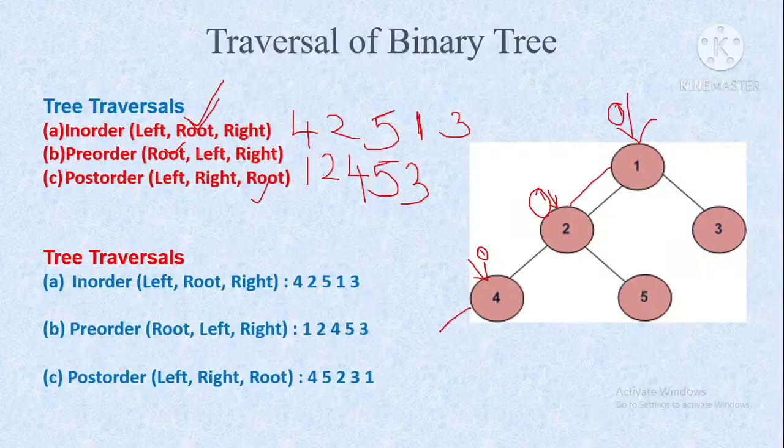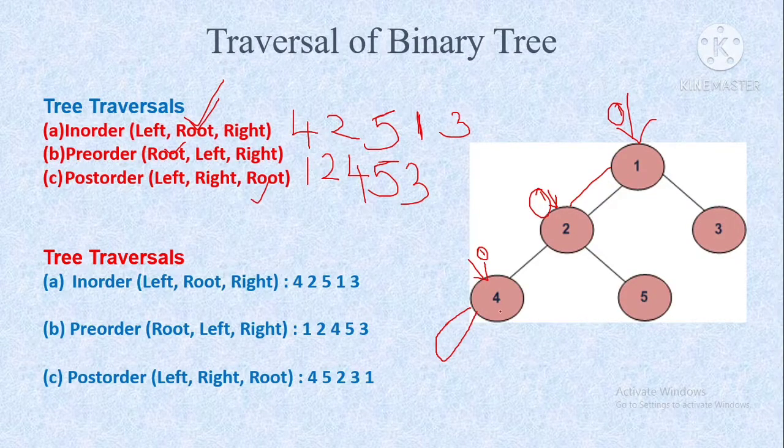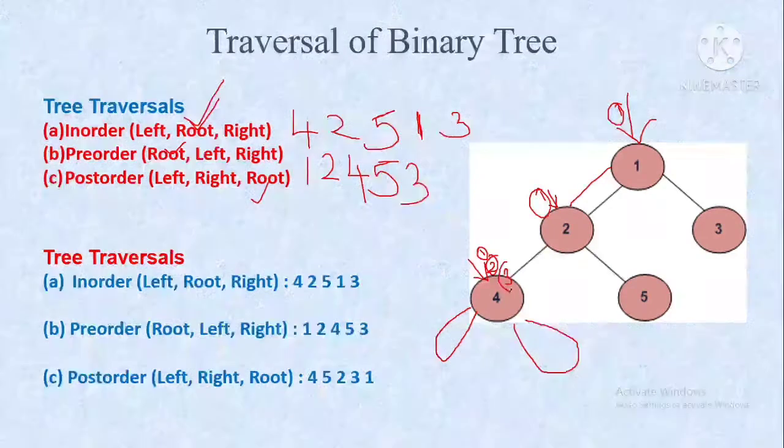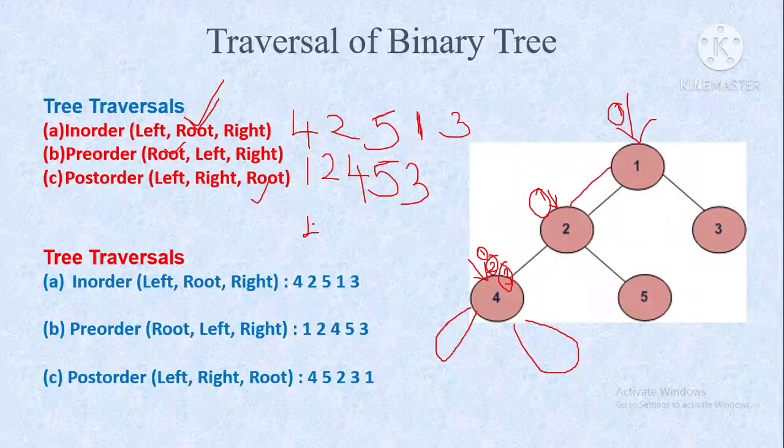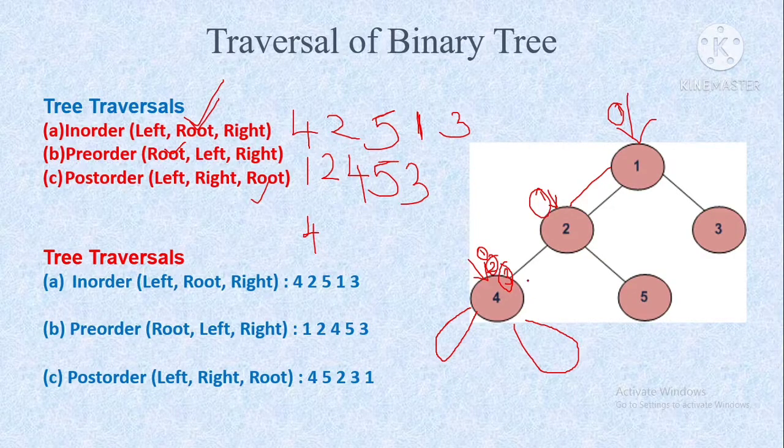Then what happens? You will consider you are having a left subtree. After visiting, second time you are visiting this node. You will imagine you are having a right subtree. Then again when you come back, third time you are visiting, so immediately write that node value. Then you go back to this second node. So second time you are visiting this particular node, you will not write.